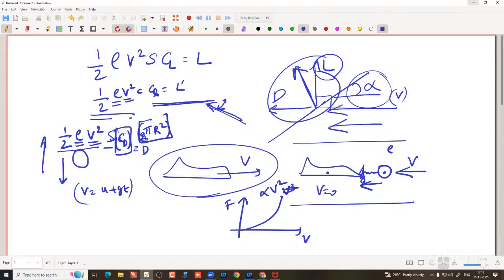You can just think that now there is some force that gets exerted on the object in the direction opposite to the direction of its motion. So if you drop a ball, you will see that half rho v square S into CD will be acting on the object, which would also mean that